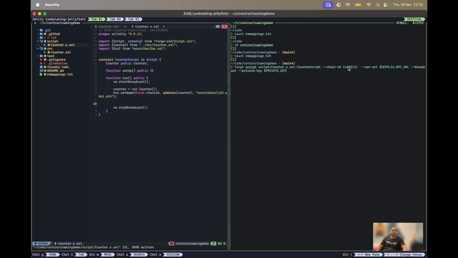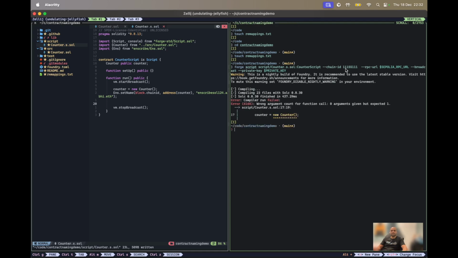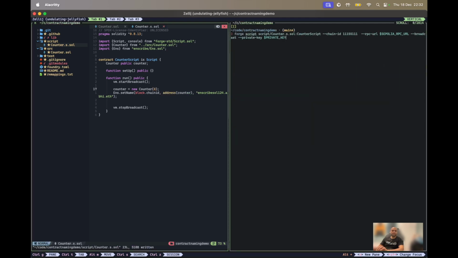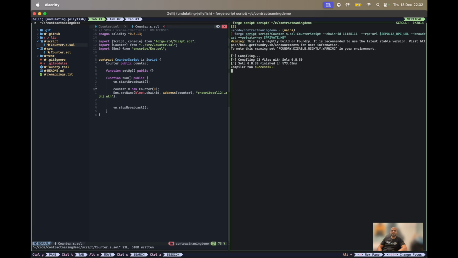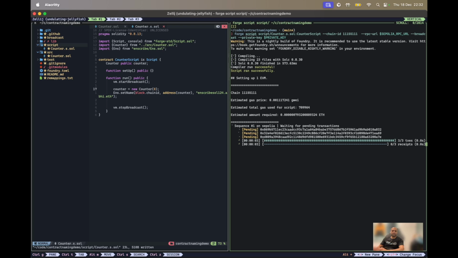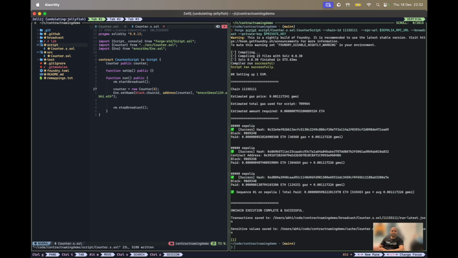And we are going to deploy this contract on Sepolia, as suggested by the chain ID 11155111. So we forgot to pass in an initial value of the counter. So we run the script. Great. The script has run. The contract is deployed. Here is the contract address. We'll copy this